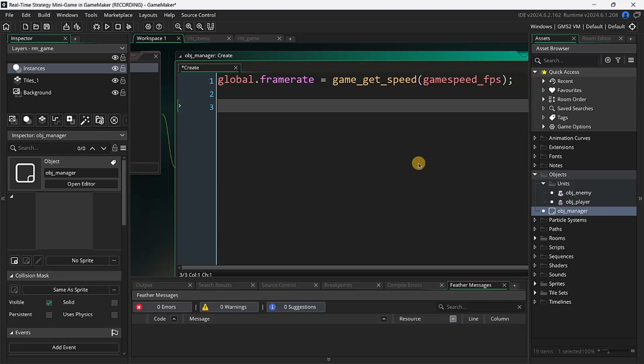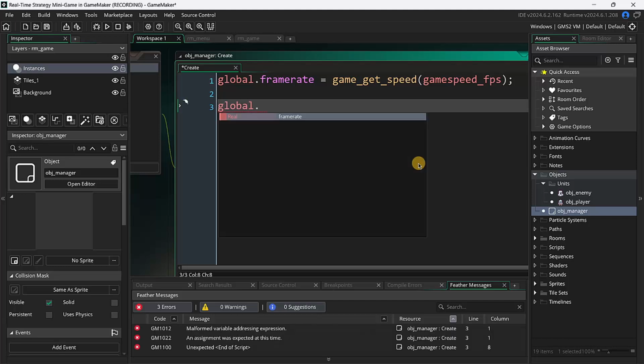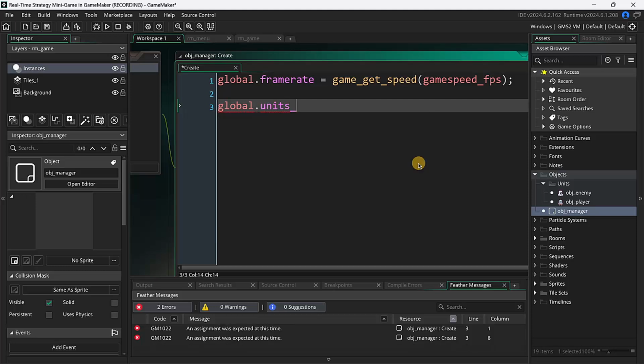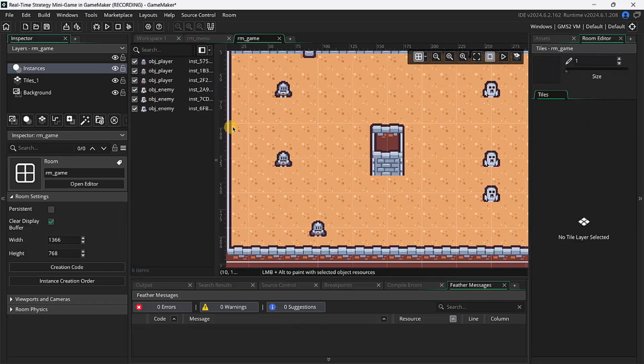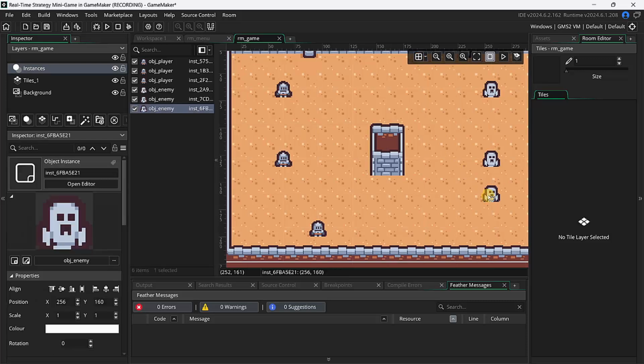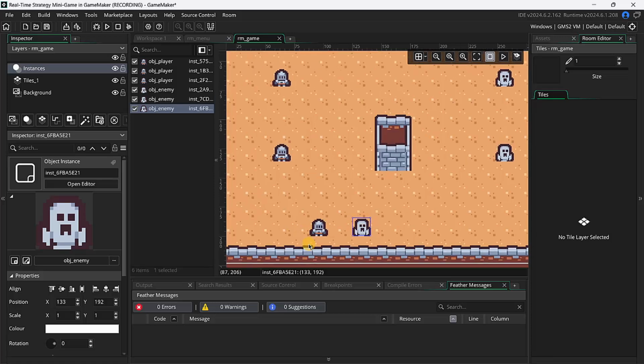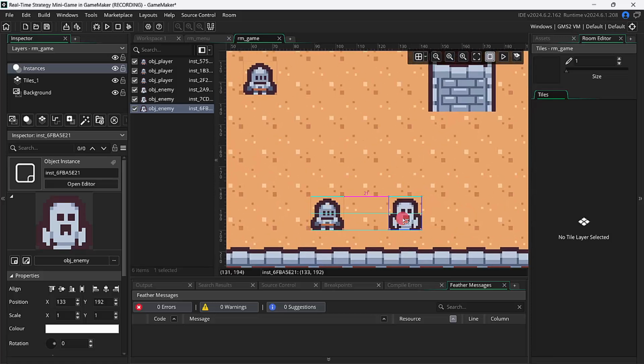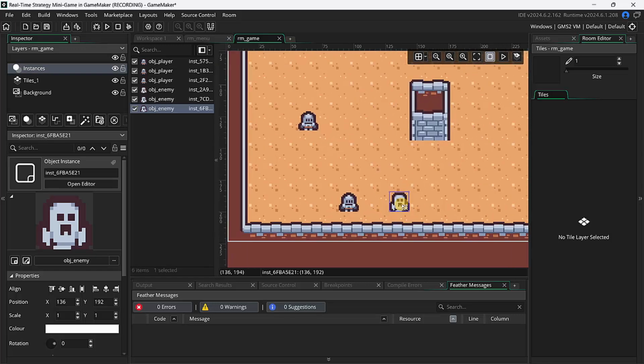Then I will create another global variable that I will call global.units margin, and I will make this equal to 20. I will disable the grid, so that I can move my things a little bit easier, because with the grid it is a little bit more complicated. What I want for my enemy pathfinding system and also for my player is to have some space in between the units, because when we want to move, for example, the enemy towards the player,